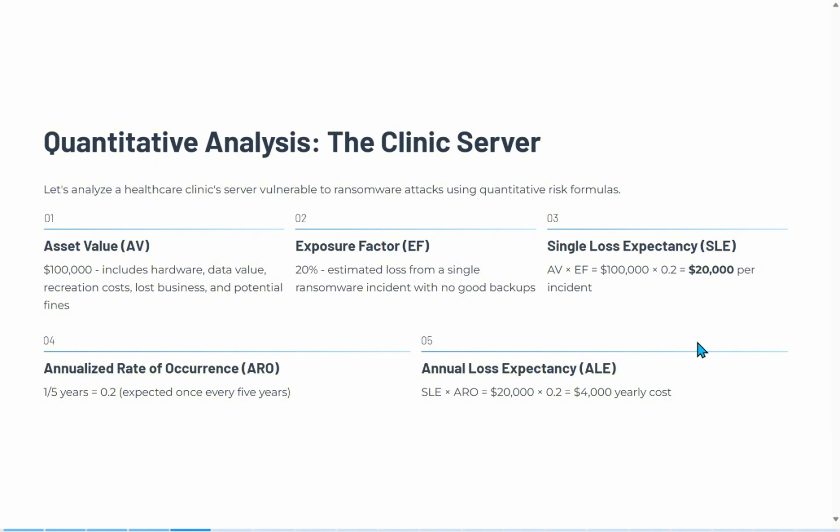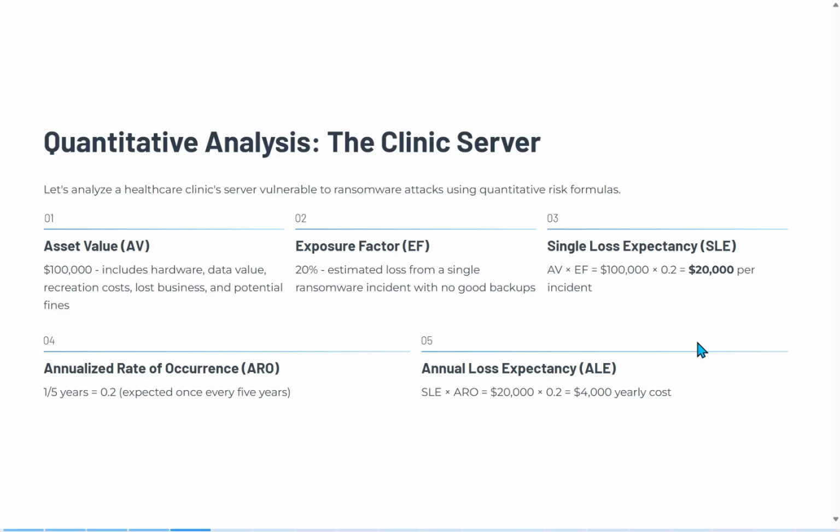This is the estimated loss from a single ransomware attack with no good backup. So take for instance the asset value in the hospital is subjected to 20% loss because there's no backup when there is a ransomware attack. So the single loss expectancy, which is SLE, value is equal to the